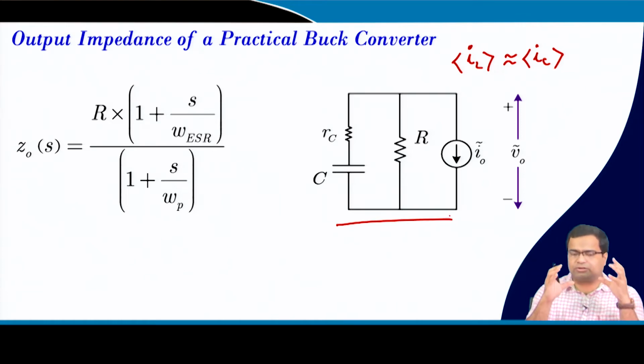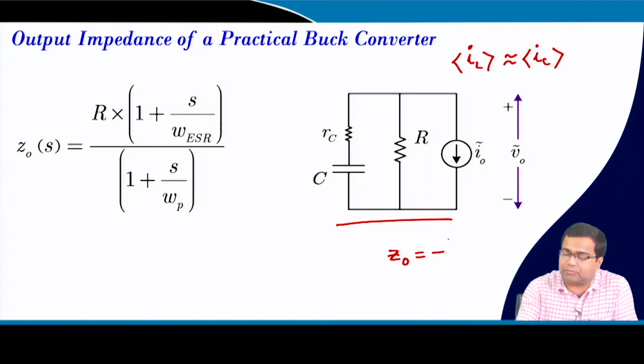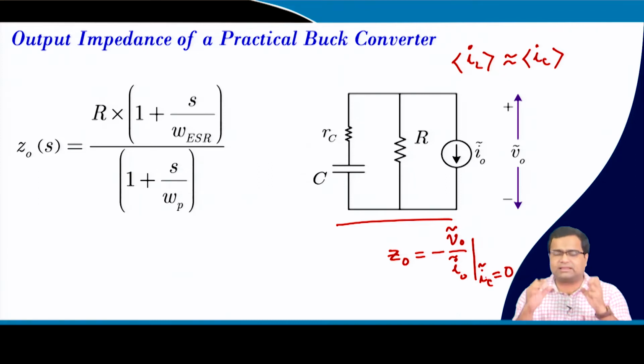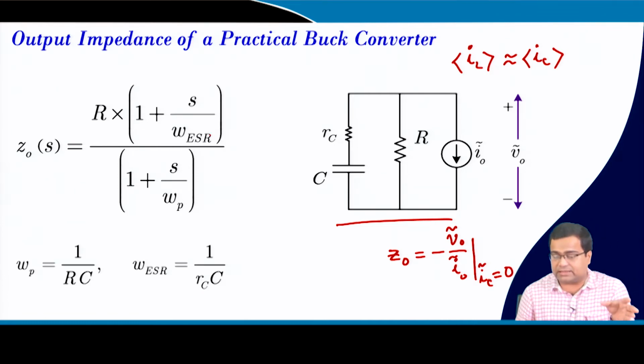because for a buck converter the inductor is on the output side, so the inductor can be replaced by a control current source. And then if we want to find the output impedance, it is nothing but minus V0 tilde by I0 tilde, where we take IC tilde to be 0. Using this we got the output impedance to have one ESR zero,